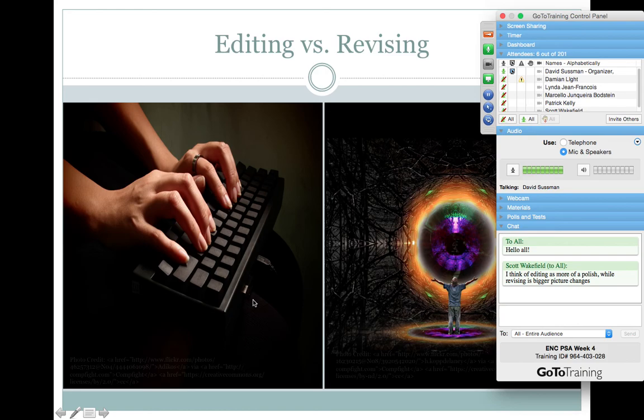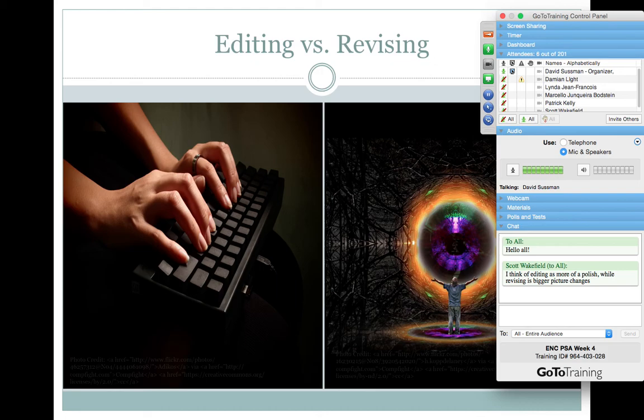Editing, which is kind of captured in this image here on the left with the person typing on the keyboard, is the smaller stuff. If you think about editing, that should make sense, right? Editing of a film is typically stuff that happens after the fact when all the footage is shot. So a screenplay has been written, shots have been filmed, everything's in place, but someone needs to sit down and really edit the work. The same thing when it comes to writing. Once you've produced, let's say, a draft of your essay, then you need to sit down and fix pieces of it, if it's more or less in place.